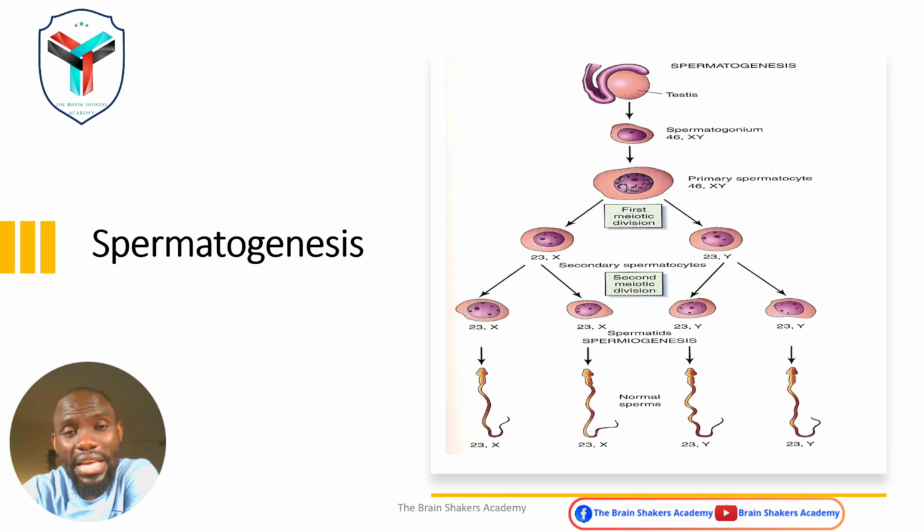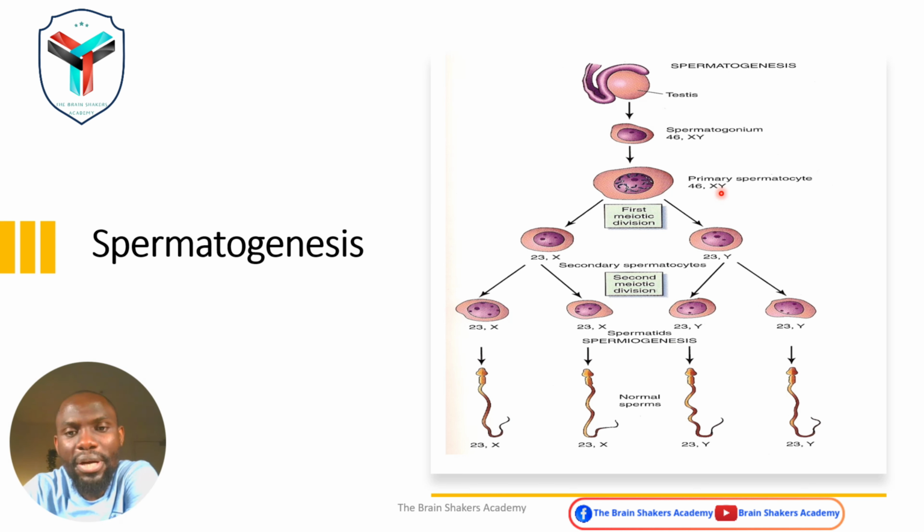Now, some of the type A spermatogonia will then differentiate into type B spermatogonia, and it is the type B spermatogonia that will now enter meiosis 1 and undergo DNA replication to form the primary spermatocyte. So if we take a look at this diagram, right in the testes a spermatogonia that was dormant and waited for puberty then undergoes DNA replication to form the primary